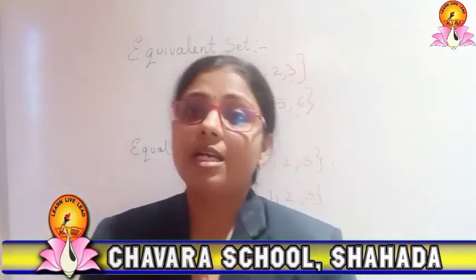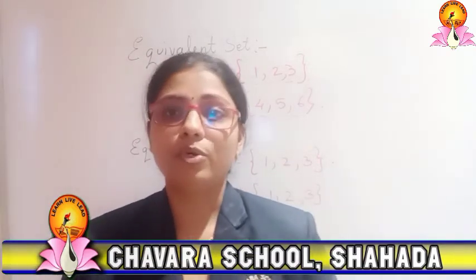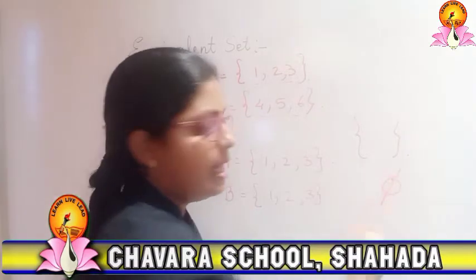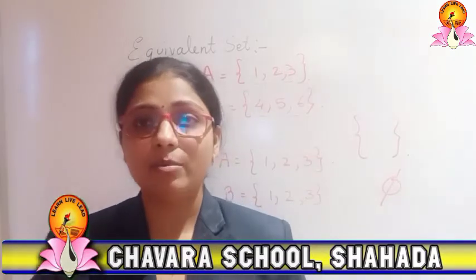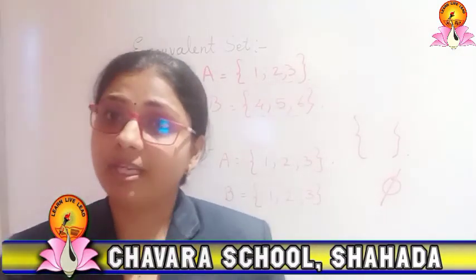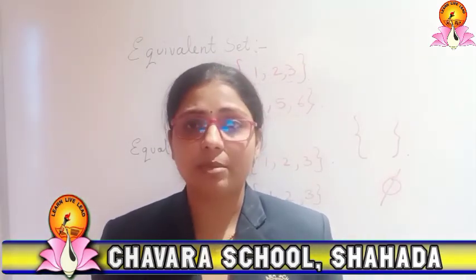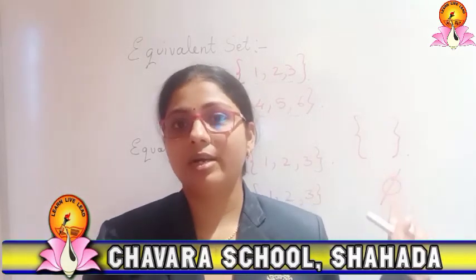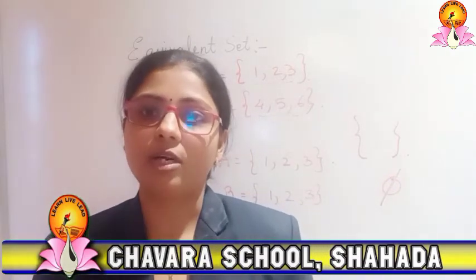The next comes the null set or empty set. In this, there will be no element present in the set. So you can represent it either in this way or in this way. If I give you one example, even numbers between 2 and 4. So how many even numbers are there? Is any number present? After 2, 4 only is the even number. No element is there. So I will write either an empty bracket or write the null set in such a way. That is nothing but the empty set or null set.